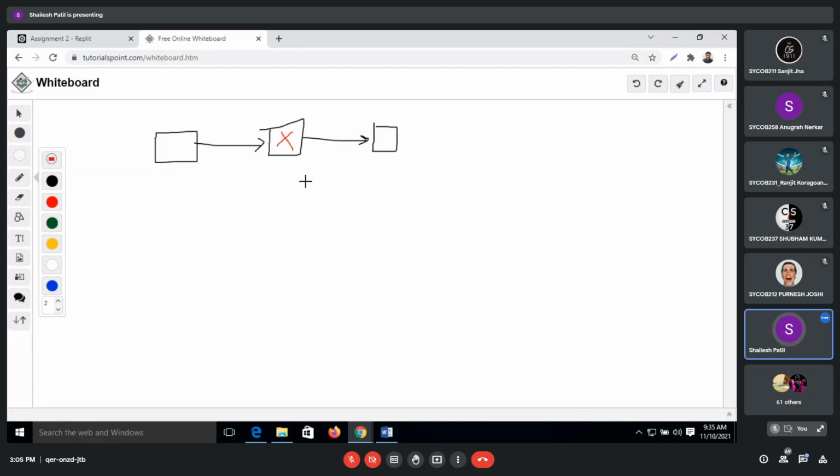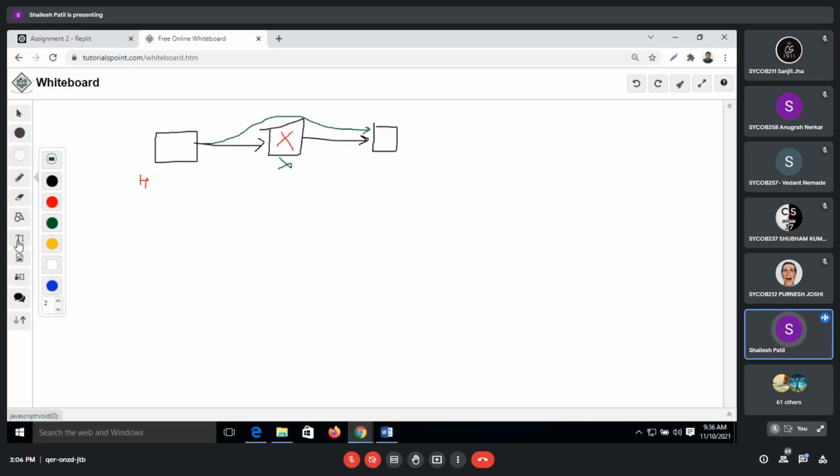We can delete this. This is my head node. What do we have to do? We have to move the pointer to point to the next node. So this pointer I have to move directly to this node. Once we remove this box, whether it exists or not, we cannot reference it. This is the simple way. This is the only thing we have to move, and we have to remove this. That's the only thing we have to do, so the rest is very simple.